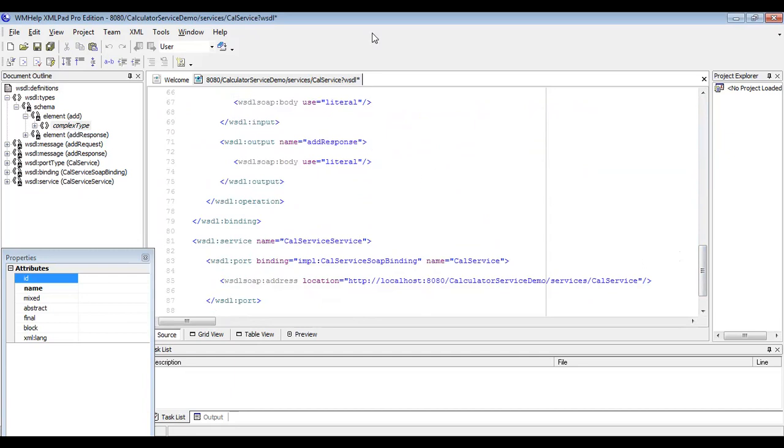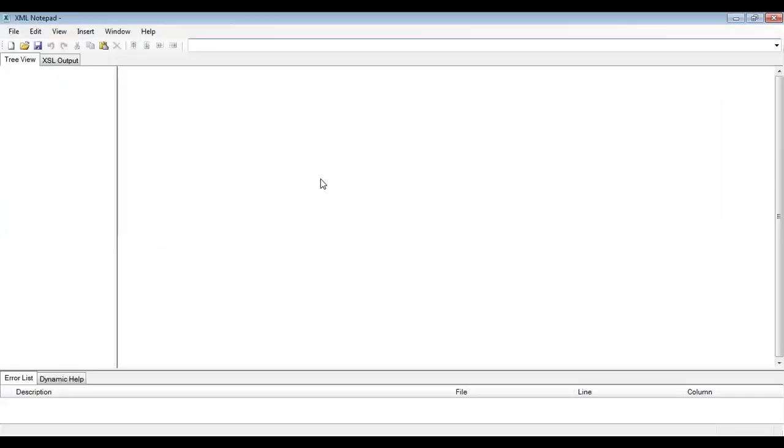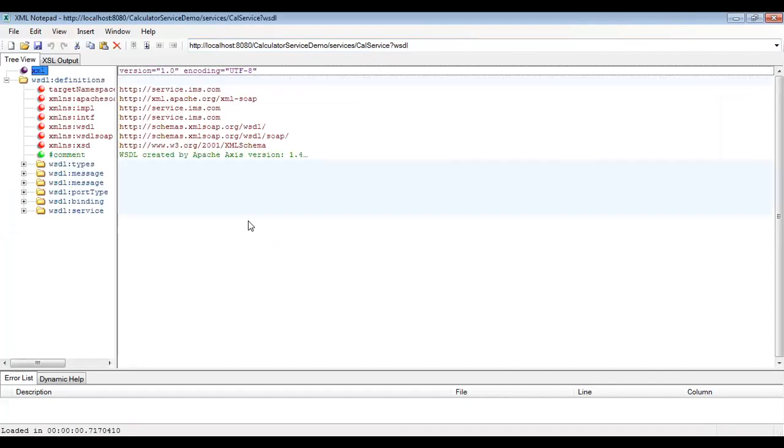So I'm opening one more editor, and this editor is the XML Pad editor. You just paste your WSDL file and click enter. So you will get the view of our WSDL file.